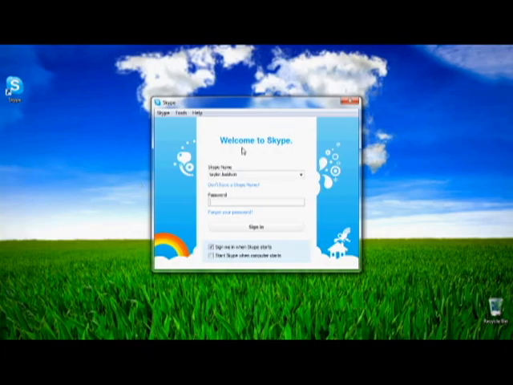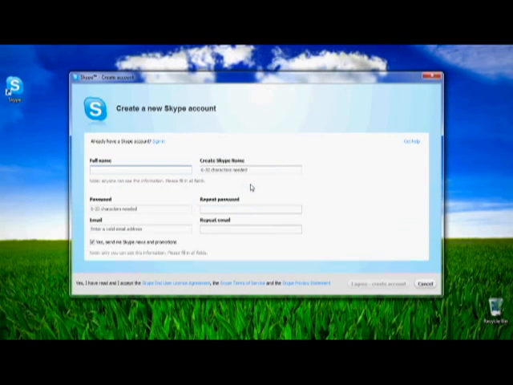If you have already put in a password and a username, it may go ahead and sign you in. Otherwise, if you do not have a Skype name or Skype account, come on down here to where it says do not have Skype name. Click on that. What it's going to do is open up the create a new Skype account page,